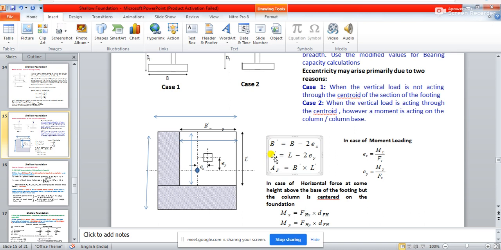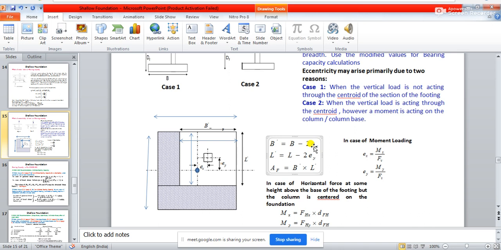Is there any more doubt? Yes, sir. See, basically, mathematically you will have to calculate the centroid of the footing in that case. If you calculate the centroid and position of the footing, you are going to get these values, so you need not worry about it. If you calculate it mathematically, you are going to get this twice Ex value. So the Indian Standard Code also says twice Ex. So you subtract twice Ex.